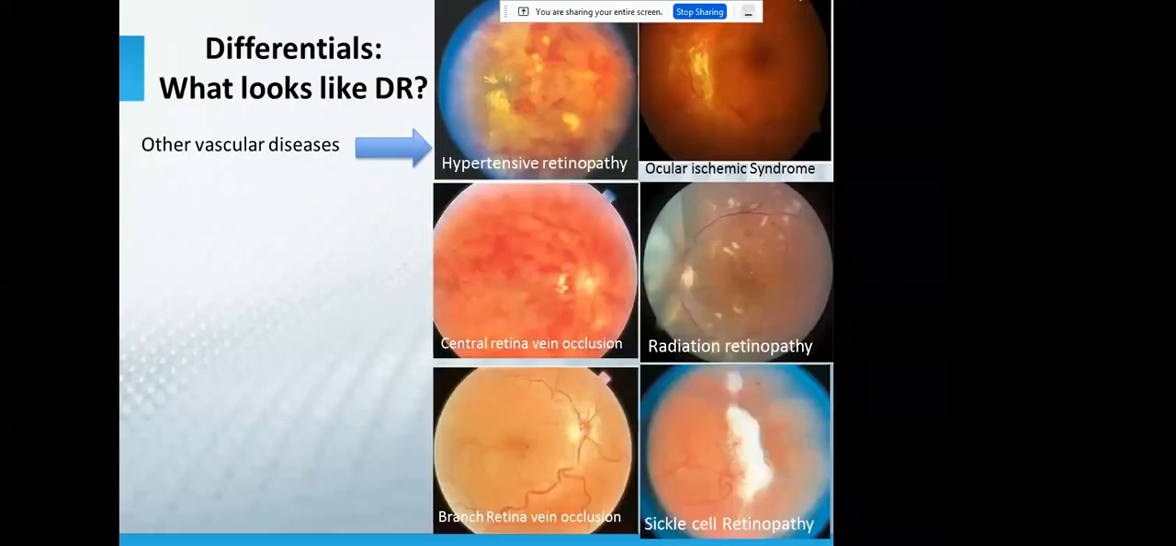So what conditions might look like diabetic retinopathy? So one, other vascular diseases such as hypertensive retinopathy, top right, top left. I'll go right, left, right, left. So on the top left is hypertensive retinopathy. This is malignant hypertension. You can't even see the optic